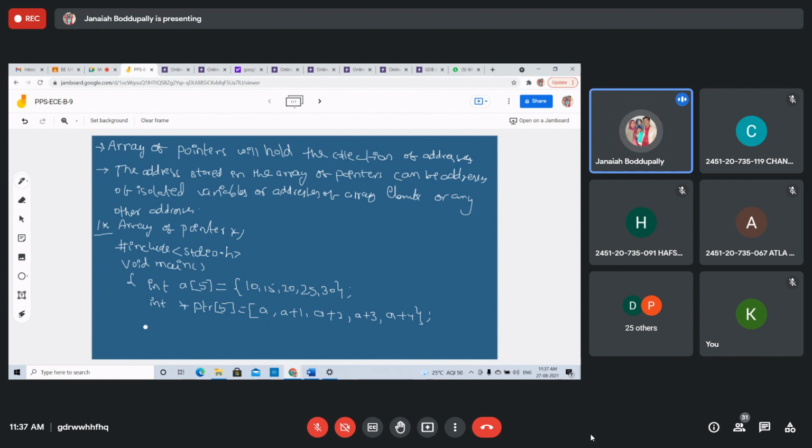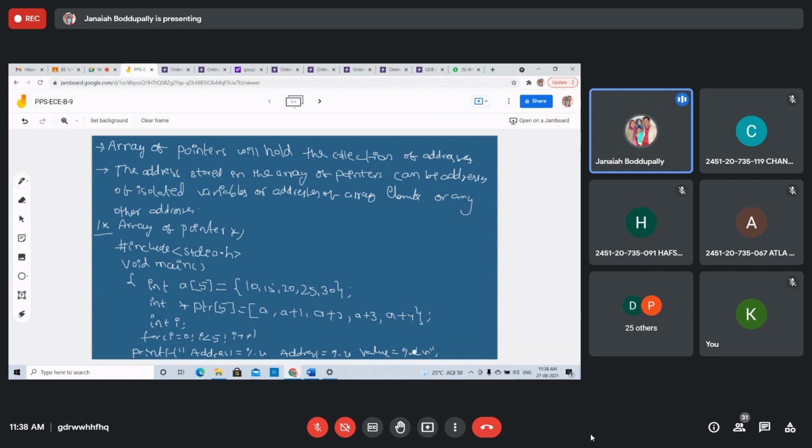Now I am taking one more variable for the index, int i, using a for loop: for i equals 0, i less than 5, i plus plus. Now printf: address of equals %u, again equals %u, 2 times, value equals array values %d.